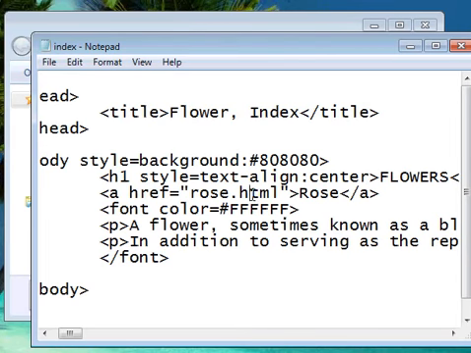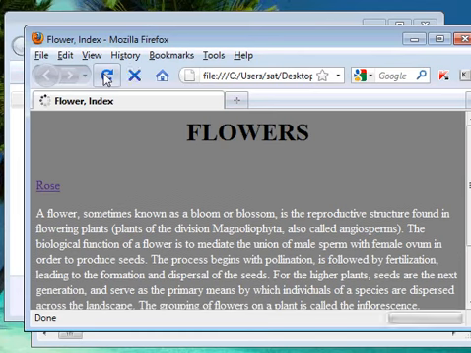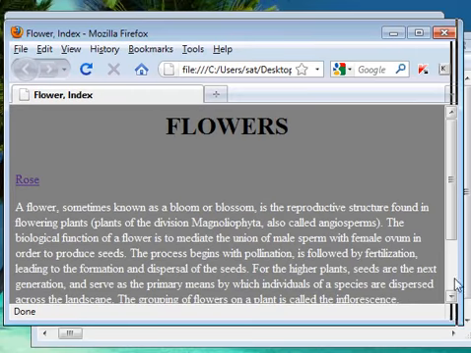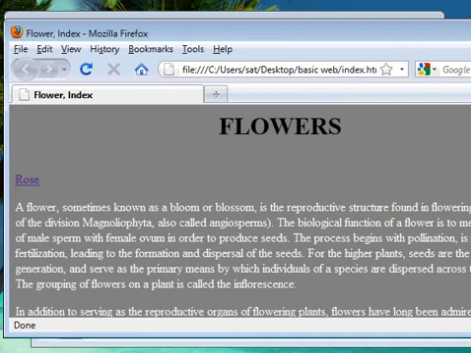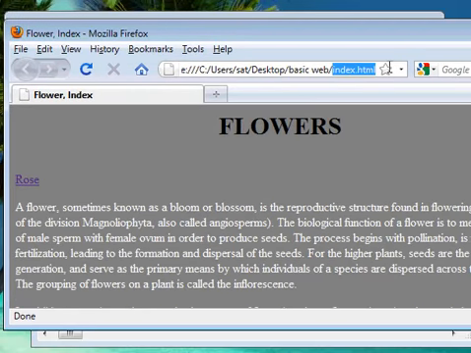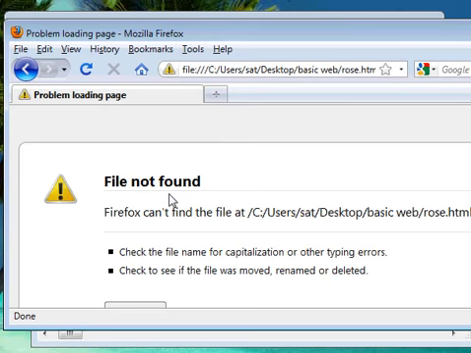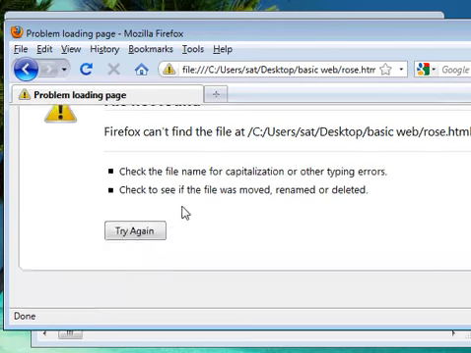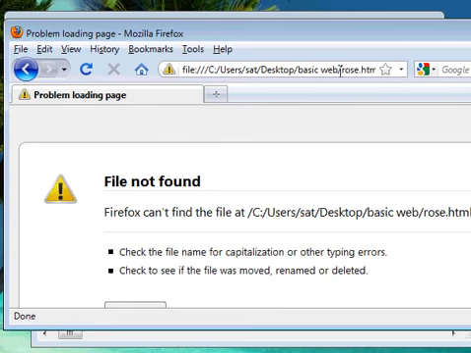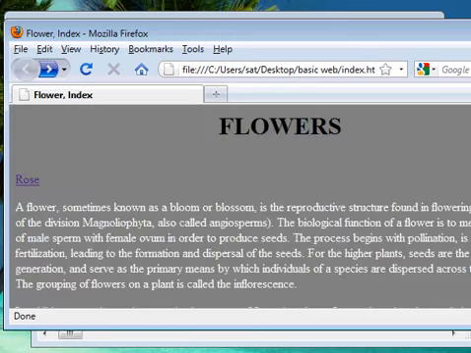be rows. Okay, I'll save this one, and I will refresh this page, and you can see here we got a link by the name rows. I check here in the URL, and we got the file name as index.html, and when I press rows here, we don't have any file by the name rows.html, but you can see here in the navigation it tried to find the file rows.html. So we have to create the file rows.html now, but before that I'm going to create some